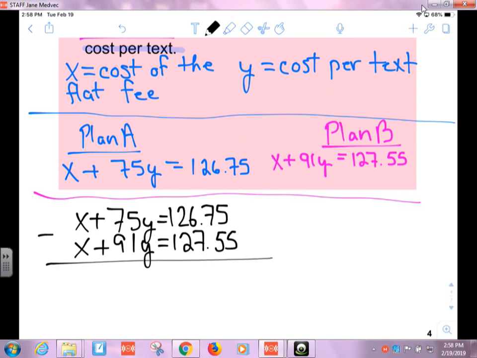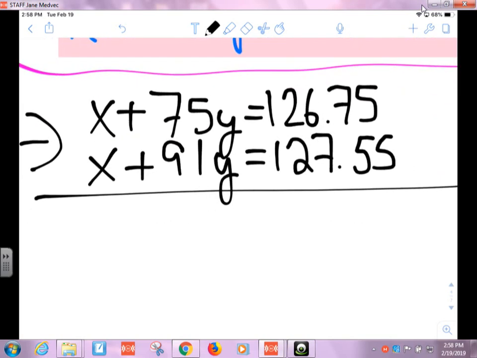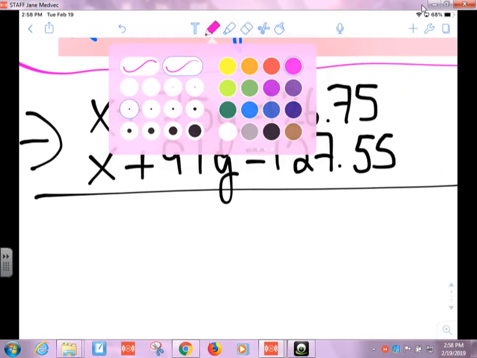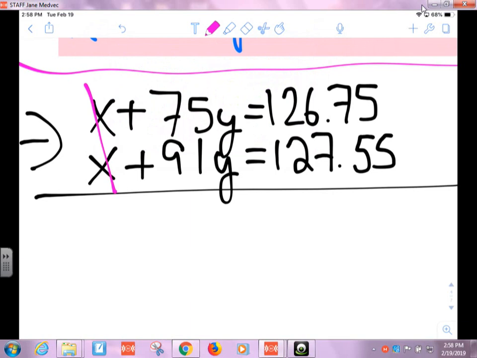I'm going to subtract these. I don't have to multiply anything because you'll notice that my 2 x's do cancel. So these cancel. And if I subtract them, I end up with negative 16y equals negative